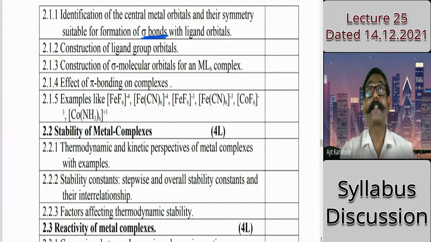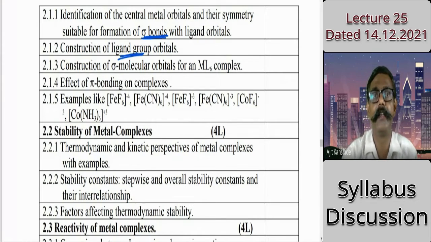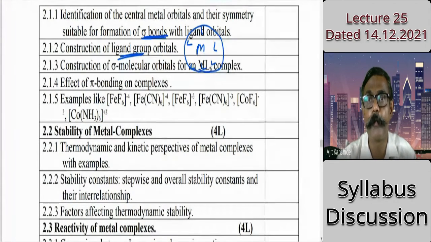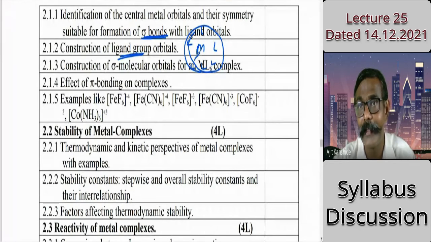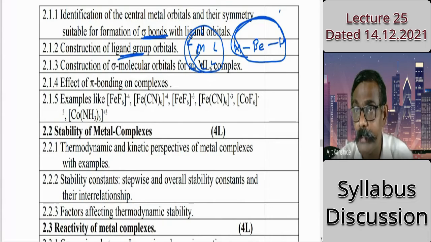Then, what ligands are there? Those ligands form a group. That's the ligand group orbitals. Their construction, metal ion orbitals and then the ligand group orbitals. Now, for these metal ion orbitals and ligand group orbitals, a total of 6 ligands are there. Those 6 ligands will form a group and they will overlap, as in the BeH2 molecule, where there are 2 peripheral hydrogens. These 2 hydrogens form a group with wave functions psi1 and psi2, and their interaction will be with the orbitals of beryllium.